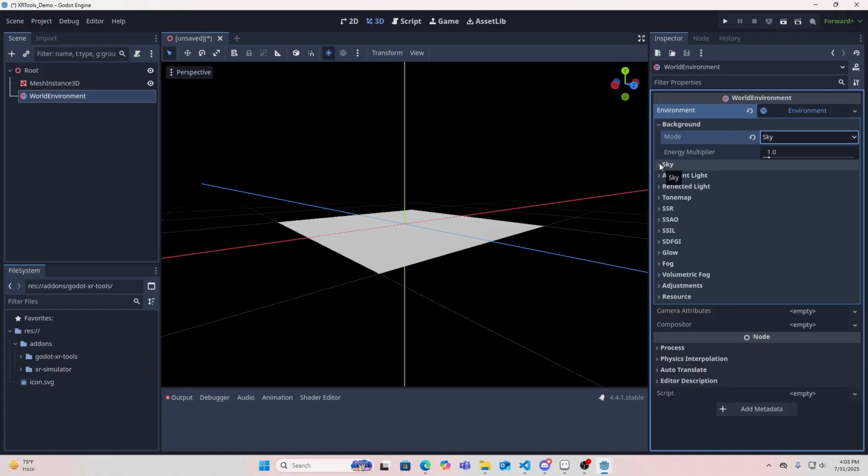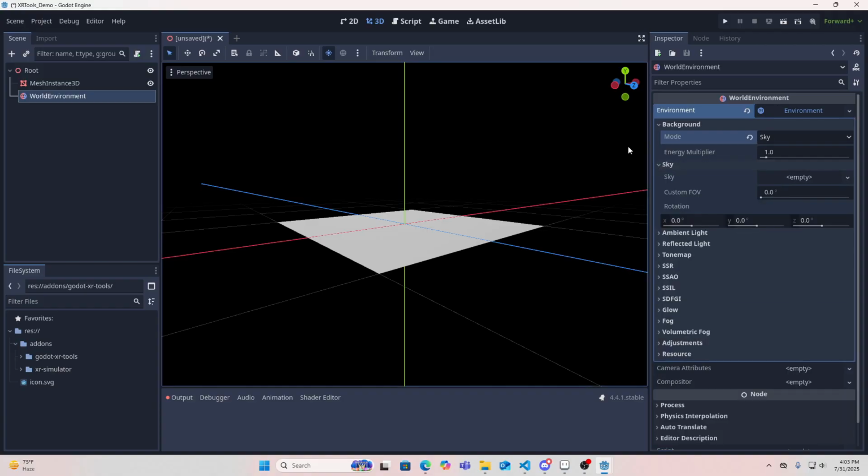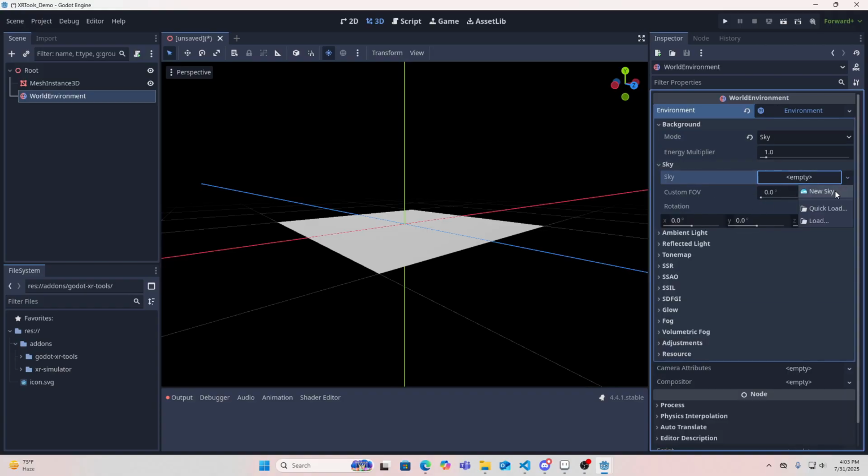And another dropdown will appear called sky. I'm going to open that one up. I'm going to create a new sky by clicking on the word empty in these brackets. You'll see a dropdown and it'll say new sky. So we're going to do that one. We're going to click on the word sky